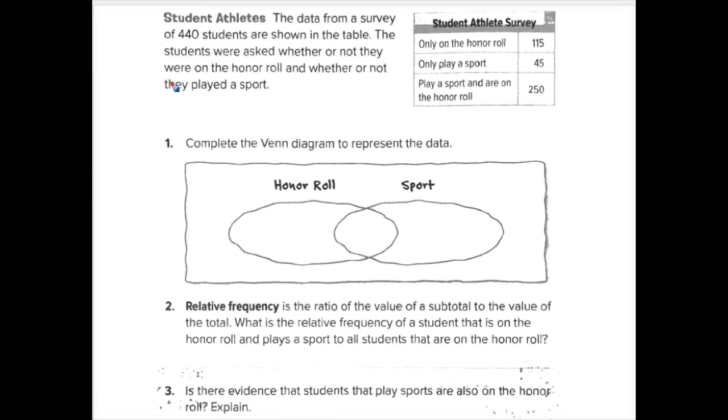Okay, so we're taking a look at our two-way table worksheet. Let's look at our first example together, student athletes. The data from a survey of 440 students are shown in the table. The students were asked whether or not they were on the honor roll and whether or not they played a sport. So here's our table of information right here. There were 440 students